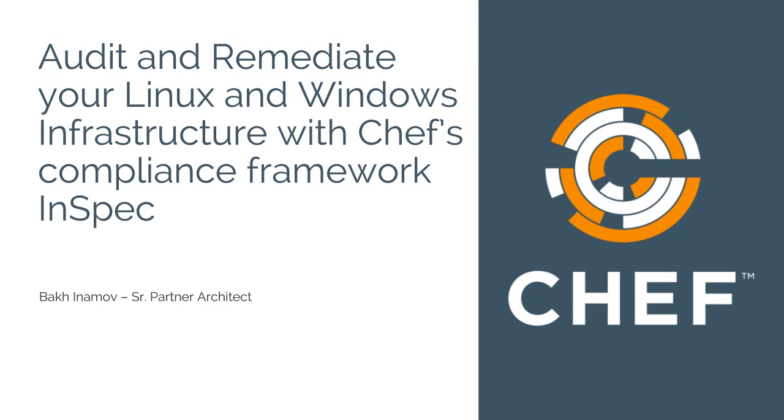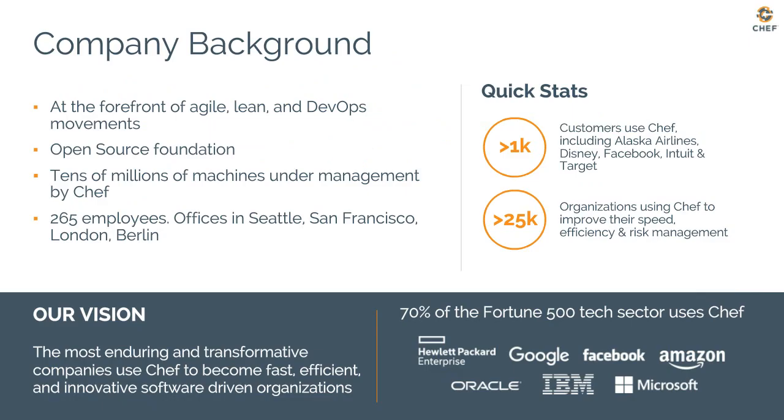As you may know, Chef is a fairly young company. We've been around since about 2008, maybe? Today, we're at the forefront of Agile, Lean, and DevOps. I've worked with almost every large customer that Chef has been engaged with. I've seen the company grow from single digits to now almost 300 employees. We're all over the world, headquarters in Seattle, but San Francisco, London, Berlin. But what we are seeing is the very large enterprises having a tendency to use solutions like Chef.